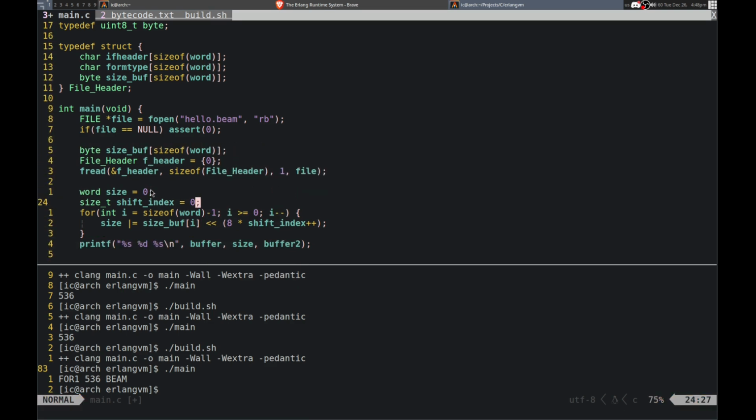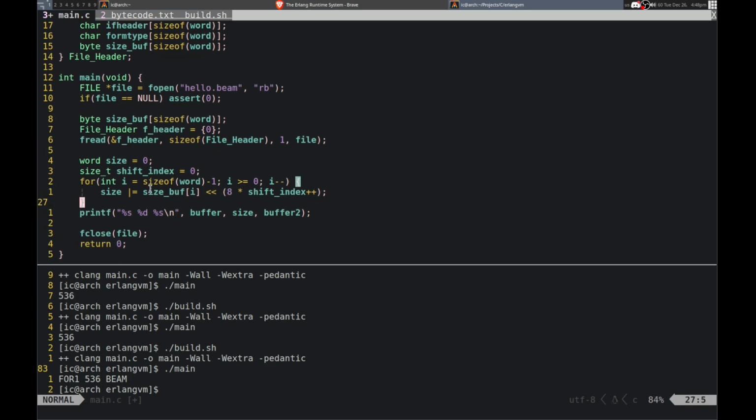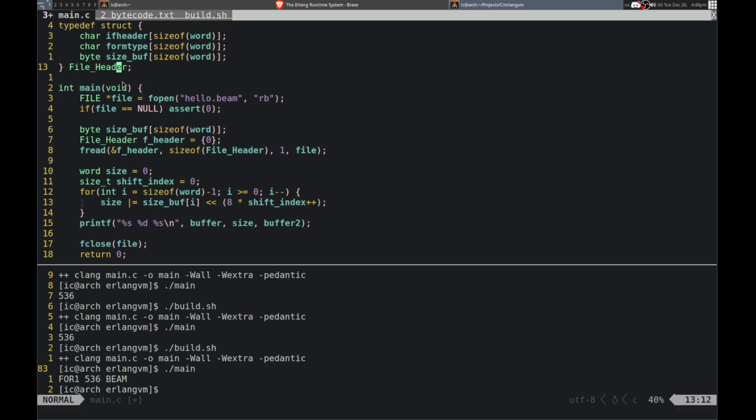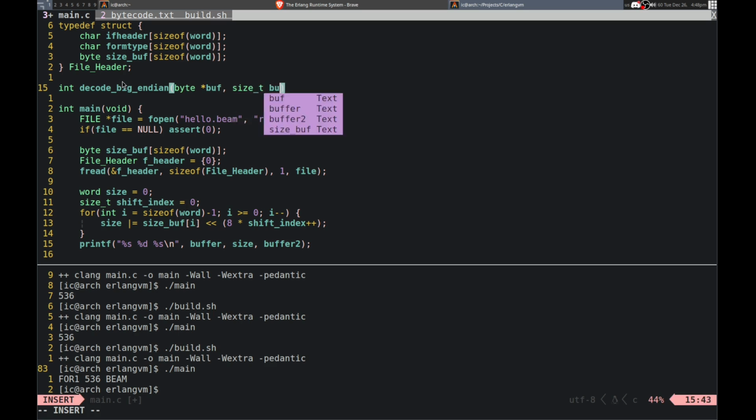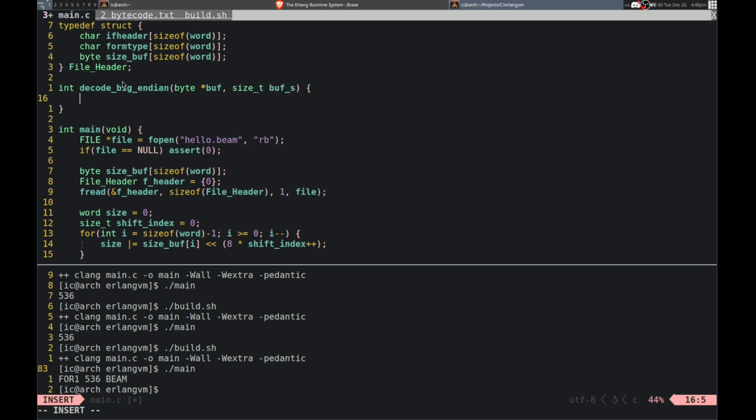So then we still need to shift it. So maybe I'll make a function for this, like, just put in an integer, bytecode big int. Something like that. And it'll just take a byte array. Let's see, like that. And maybe the size as well. Size, okay. Iterate over it.